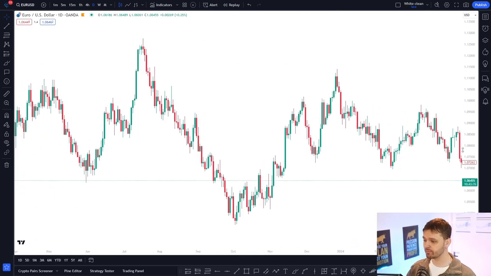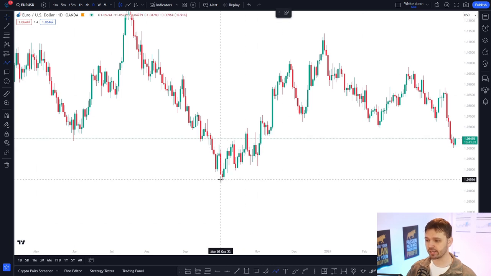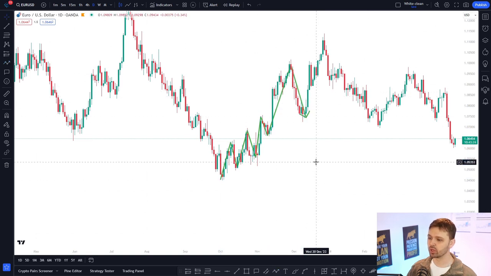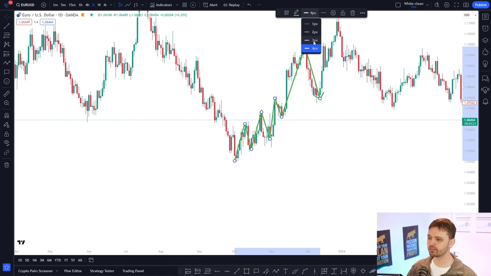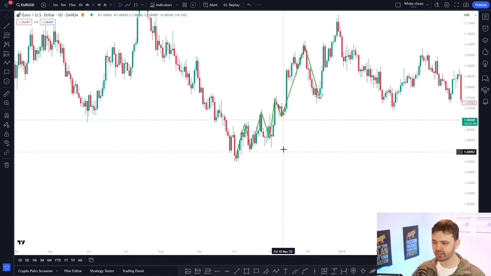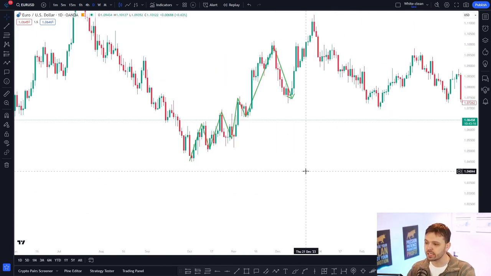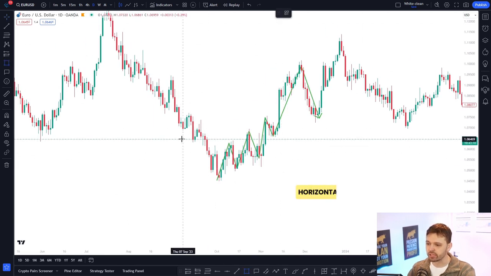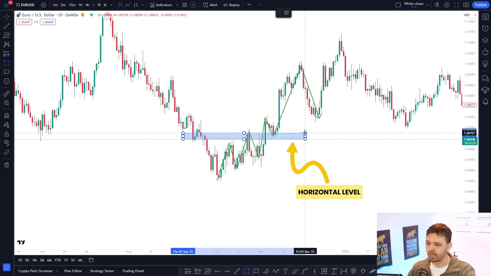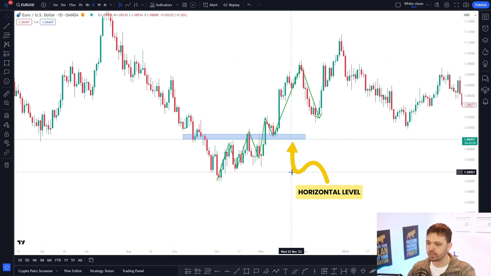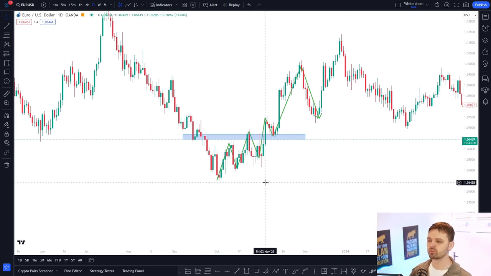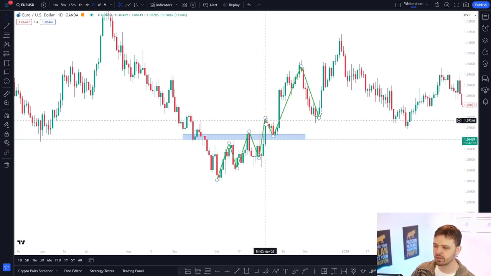So as you can see, we can identify a low, a high, a low, a high area, low, and then a high point here, and then it comes down for a low. Make this a little bit thinner so it's easier to see the actual price action. But here we can see how price is actually doing the break and retest multiple times. We can add a horizontal level here, just like in the example. So perhaps add a horizontal level right here, and I'm going to talk more in detail on how to add the horizontal levels and how to look at market structure a bit later, but let's try to identify some break